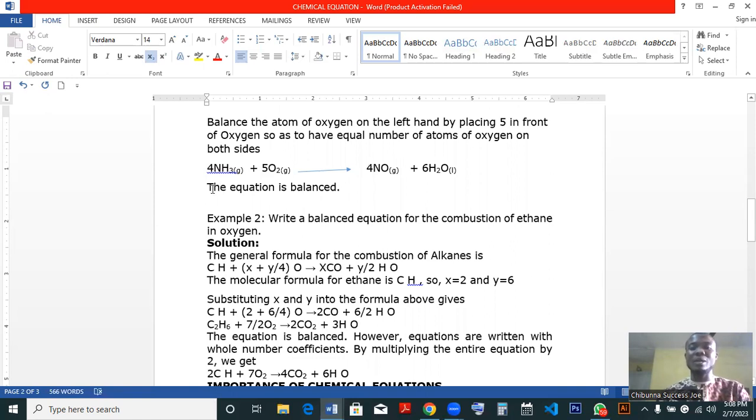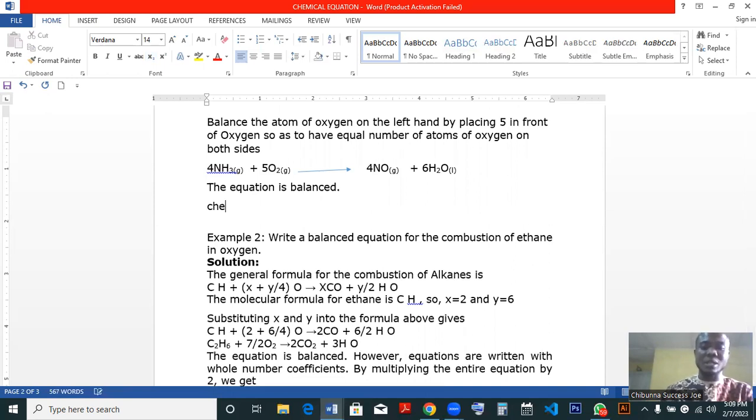So here now, we have a balanced equation. Now for us to check if the equation is actually balanced,